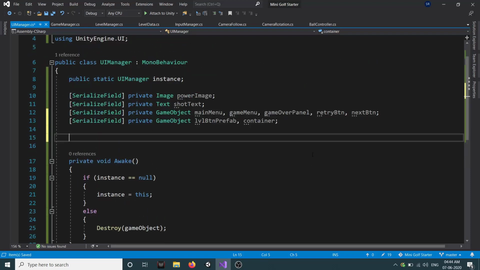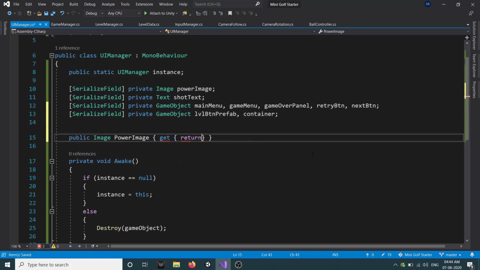Now we need to set our power image and short text from other scripts, so we will create a getter for them. So public image power image, and we are going to return power image.